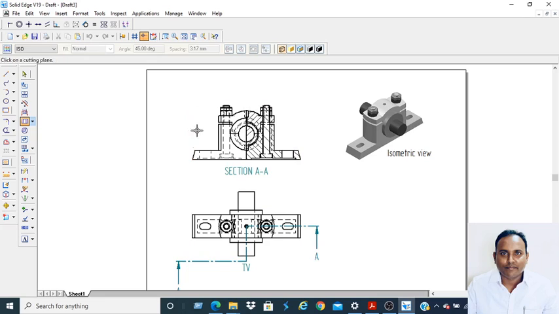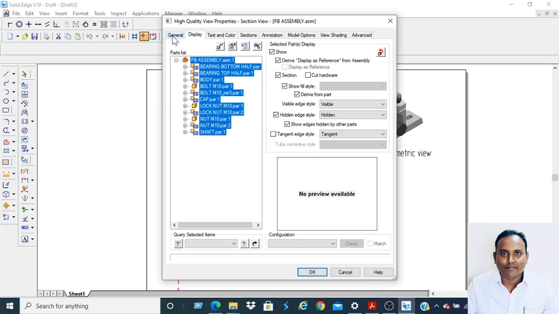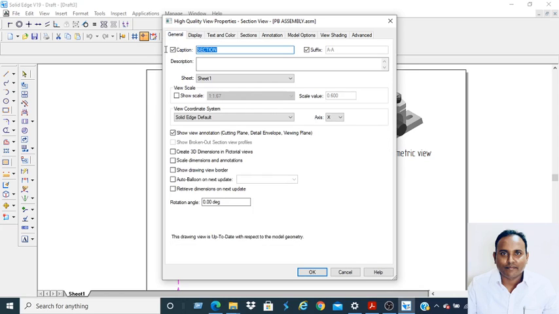Now this is your half sectional front view and this is your top view. In the half sectional front view also we can edit. Go to properties, in the general section, you type it as half sectional front view.